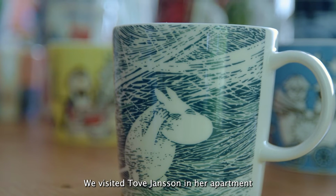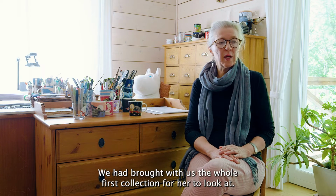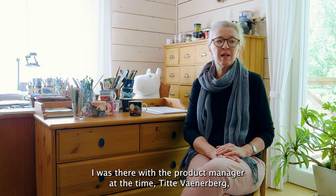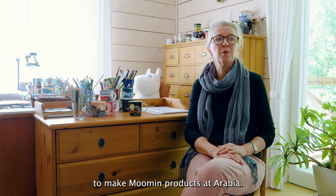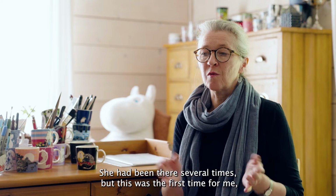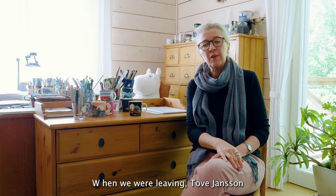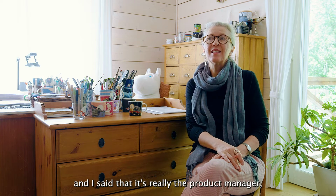We visited Tove Jansson in her apartment that she shared with Tuulikki Pietilä. We had brought with us the whole first collection for her to look at. I was there with the product manager at the time, Titte Vennäberg, who was the one who came up with the idea in the first place to make Moomin products at Arabia. And she had been there several times, but this was the first time for me, and they showed us the whole apartment. When we were leaving, Tove Jansson asked me for my telephone number, and I said that